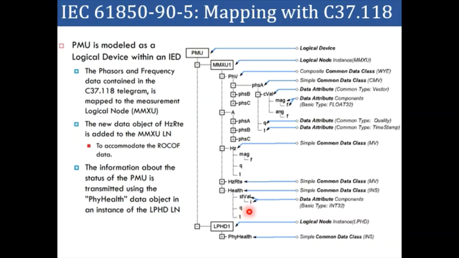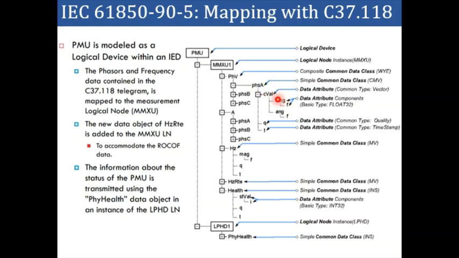If you see here in this figure, the PMU is acting as a logical device. Inside that, the measurement, that is MMUX1, is a logical node. Inside that measurement, you will have the voltage phasor and the current phasor. In voltage phasor, we will have the phasor for phase A, B, C, and then for each phase we will